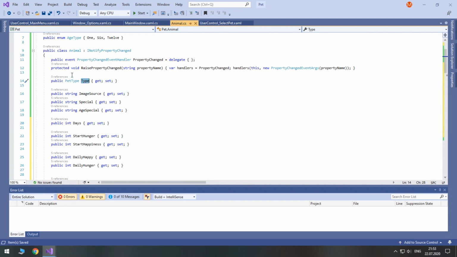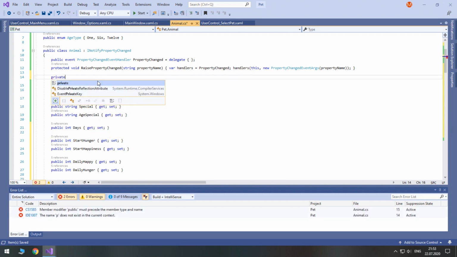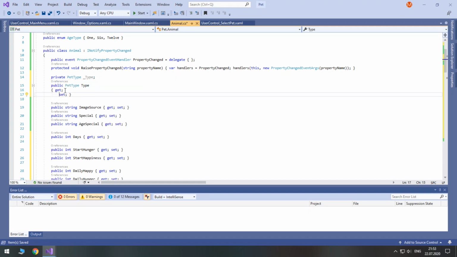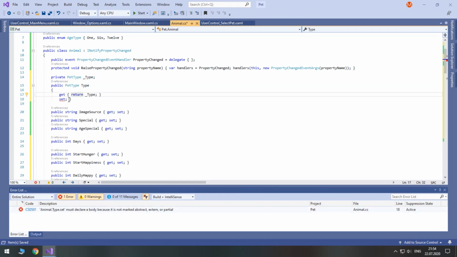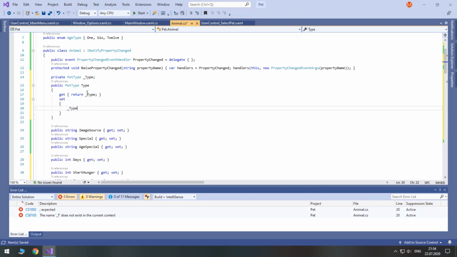So because it will not have automatic implementation of getter and setter, we need to create a private variable with a similar name and type. So private pet type. Its getter will return this variable, while its setter will do a bit more. So it will set this private variable to the value that we try to change this property to.